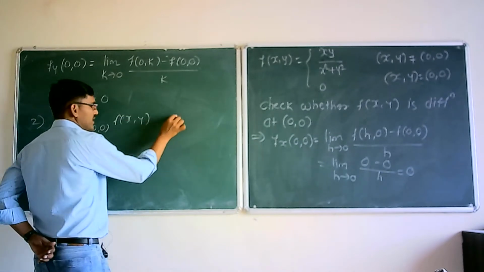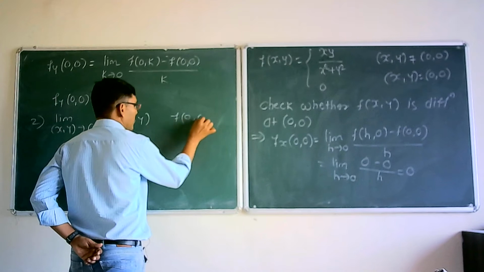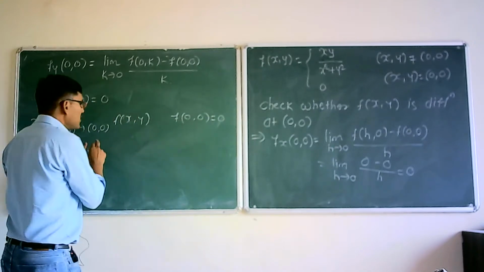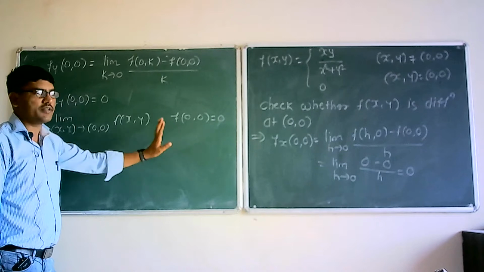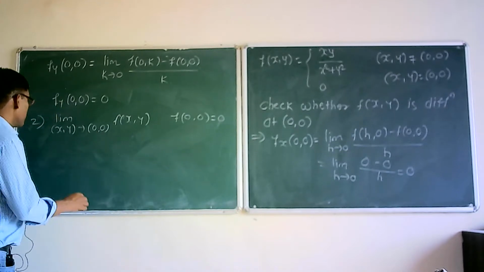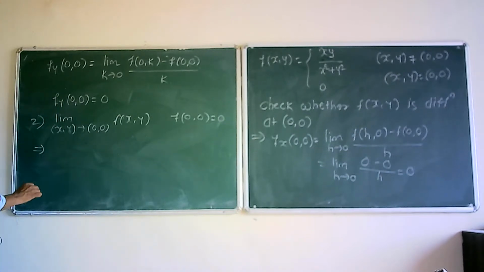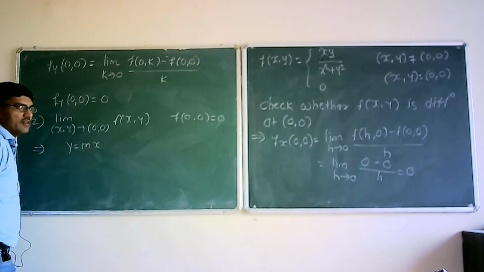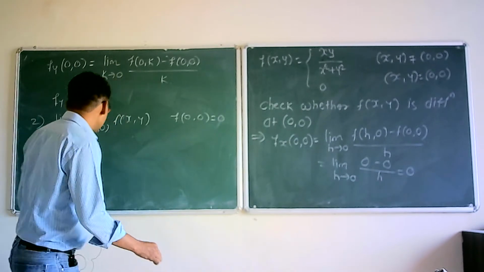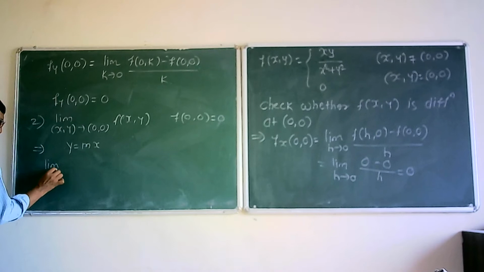Since f of xy is given, f of 0 0 is given, and if this limit is also 0, then you can say that the given function f is continuous at 0 0. But if you observe here, if you take the limit around y is equal to mx, then limit xy tends to 0 0,